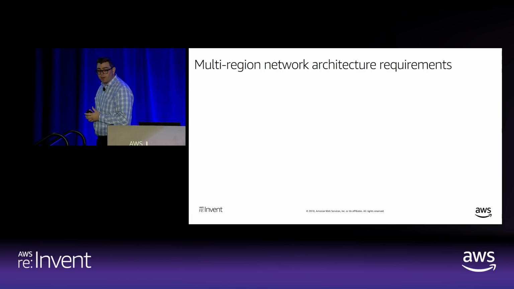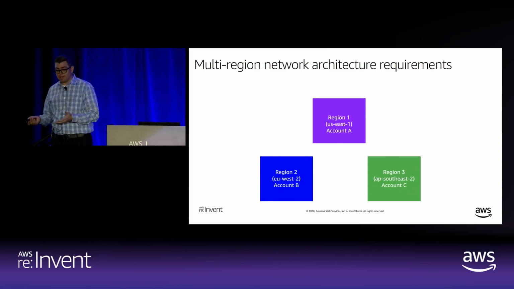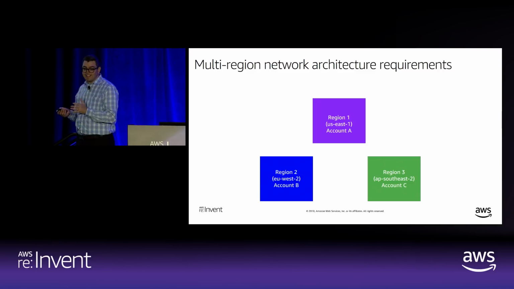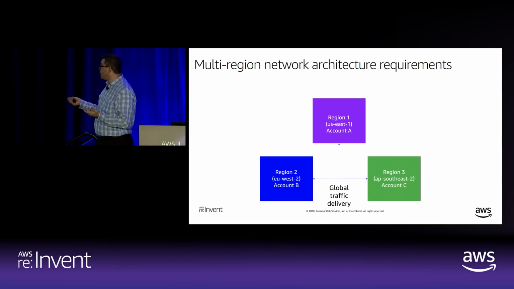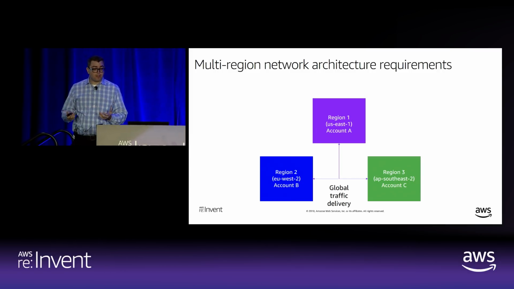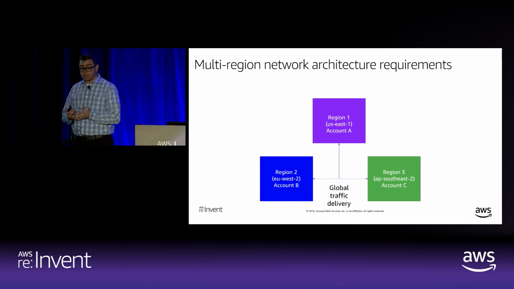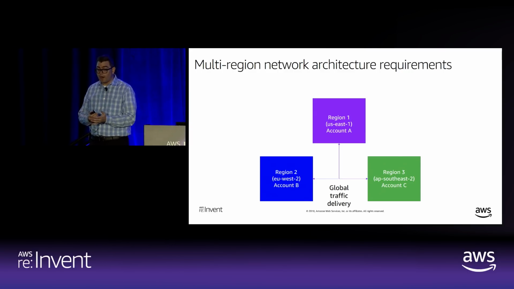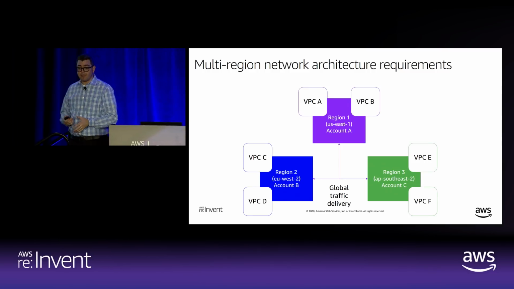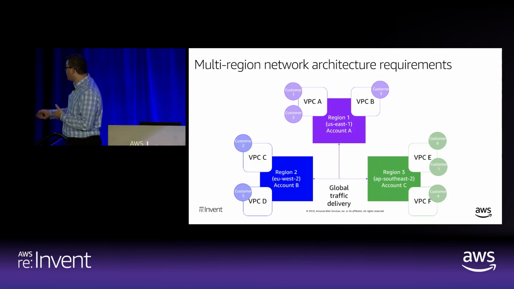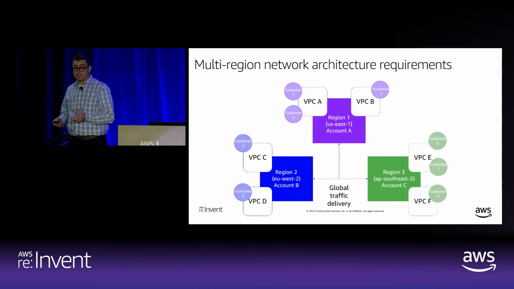So multi-region network requirements. So ultimately, we talked a little bit about this, but this is a very simplistic chart. And I like simple because we have this idea of invent and simplify. So you're delivering a service that may be across regions. You may deliver, similar to what we offer in multi-region tables with DynamoDB, a service that will require you to be able to peer multiple regions together. But those customers may have workloads. And those customers, before I get there, their customers may be deployed in either single or multi-tenant VPCs.